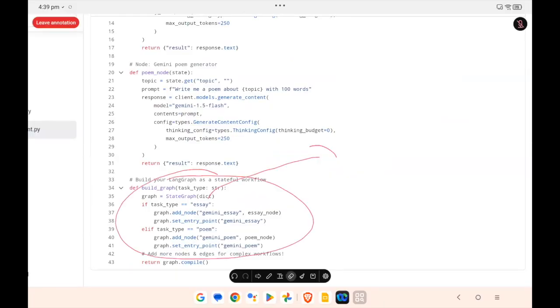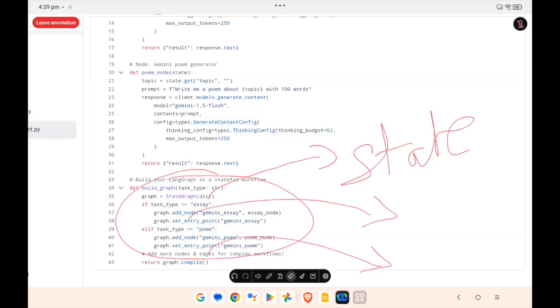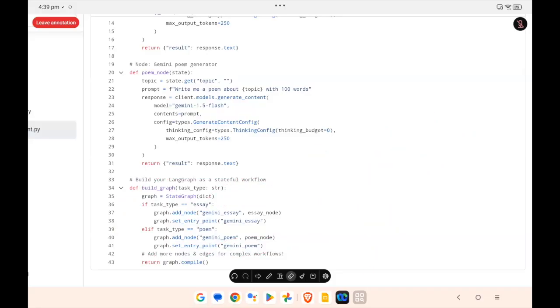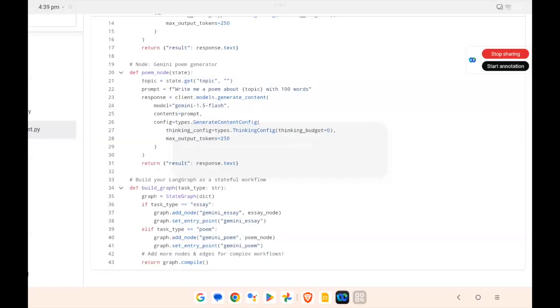This dict is the state of the agent, which is of dict format. Then I'm adding a node for generating essay, this one for generating poem, and finally, I'm compiling the graph. Is it clear so far?